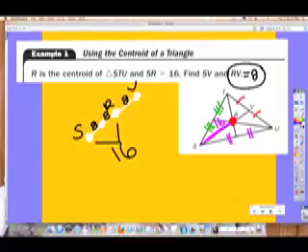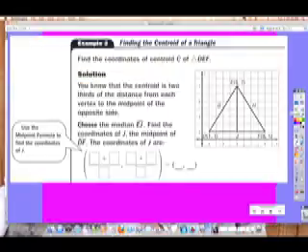Okay, this one. Check it. If there's something on a grid, can you be nice to yourself every single time? Yes, please, please be nice to yourself. If you notice something, use the grid to your advantage. So it's saying find the coordinates of the centroid. So we've got to find where all the medians are meeting. So let's find the midpoints first. So the midpoint of this line right here,